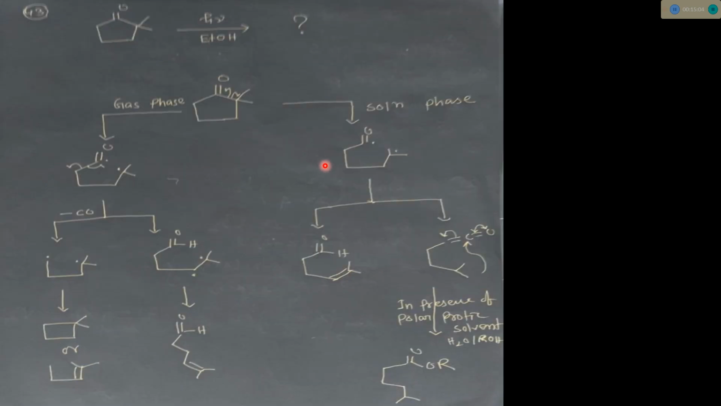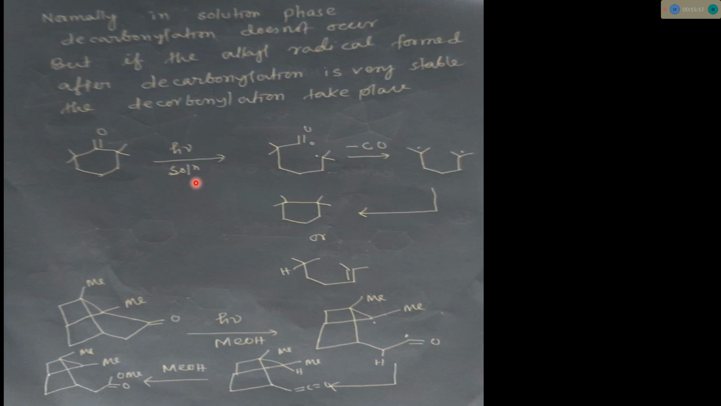Chances are two in solution phase: either it's formed like this, a gamma delta unsaturated aldehyde, or a ketene to form, at last, an ester in presence of a polar protic solvent. But if there is a chance to form a stable diradical, then in solution phase also decarbonylation